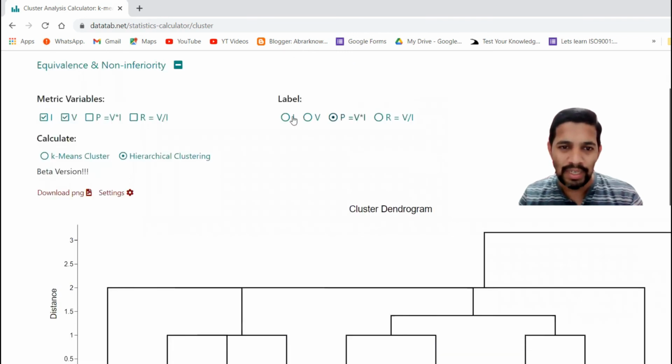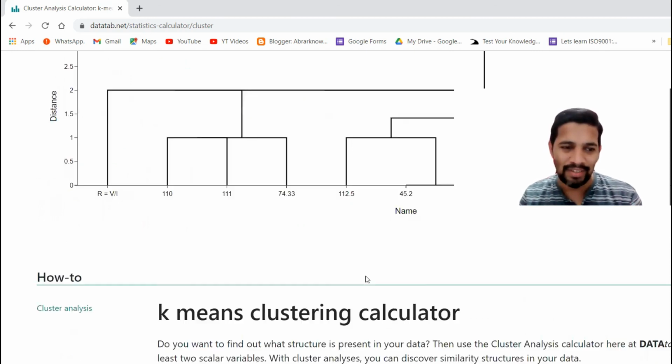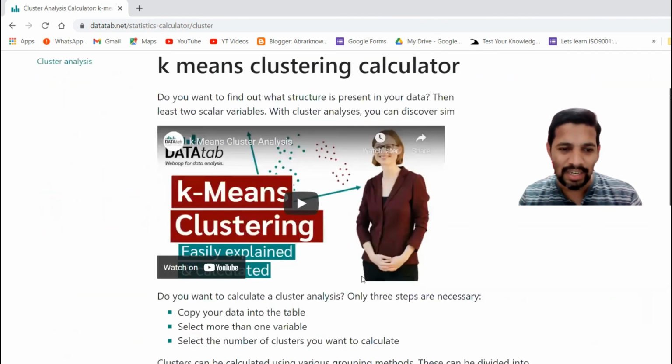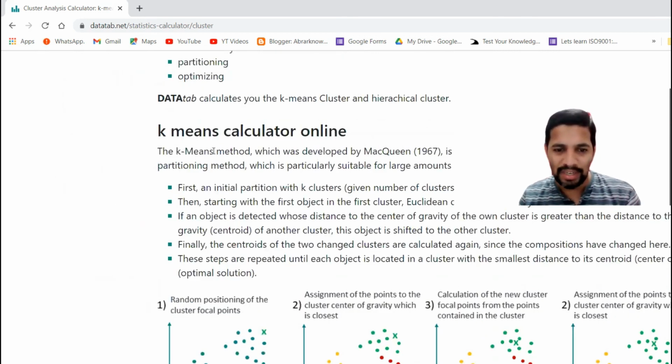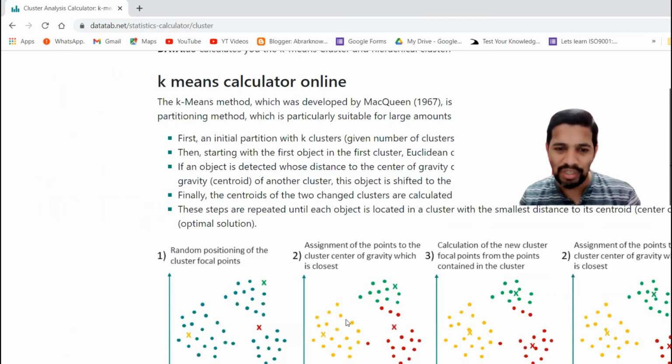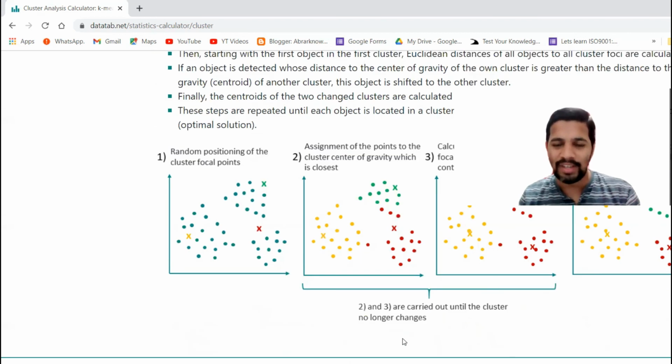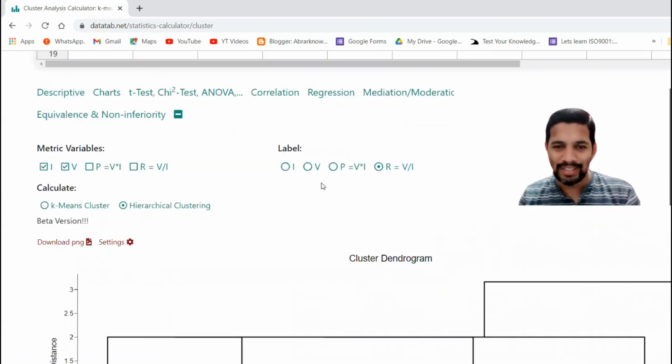Let's say we want only the voltage. So okay, you can get the voltage. So what is the grouping and all that? 228 is highest, and these are all the similarities and all that. And let's say resistance. Again, it has given the similarities and all that. So this is very interesting, and the same thing I have done in the data tab. The data tab also has given one piece of information, like grouping and all that. Let's say you can say green, red, then yellow and all that, how it has given the grouping, clustering to the closest value.